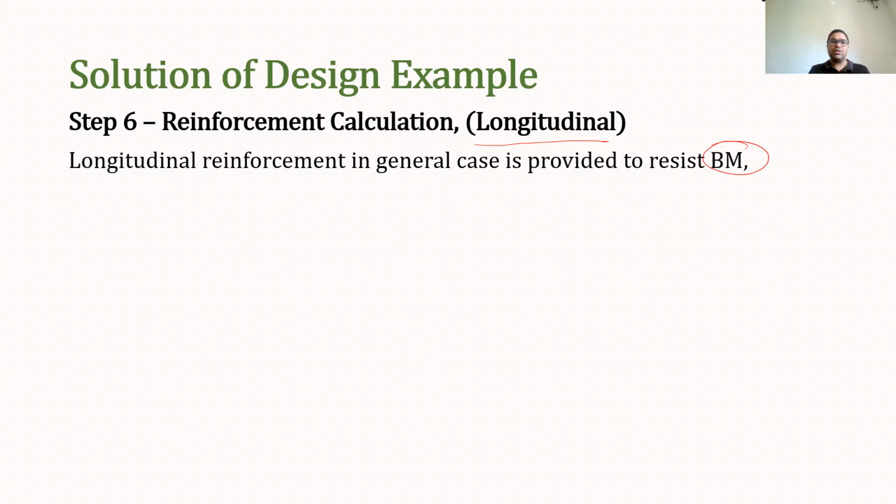So here now we can calculate the area of steel by using the formula. In the previous step, we considered our section as a balanced section, but ultimately our section is not balanced because our depth will be higher than the required value. So therefore we know that our section will be under reinforced, and therefore we will be using the relation of under reinforced beam to calculate the area of steel.